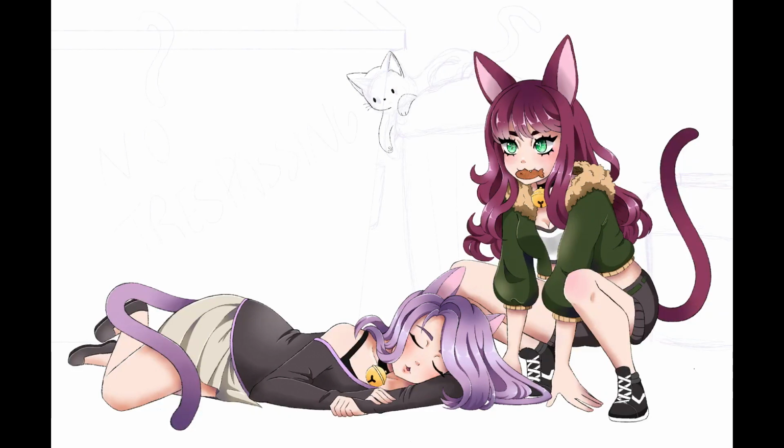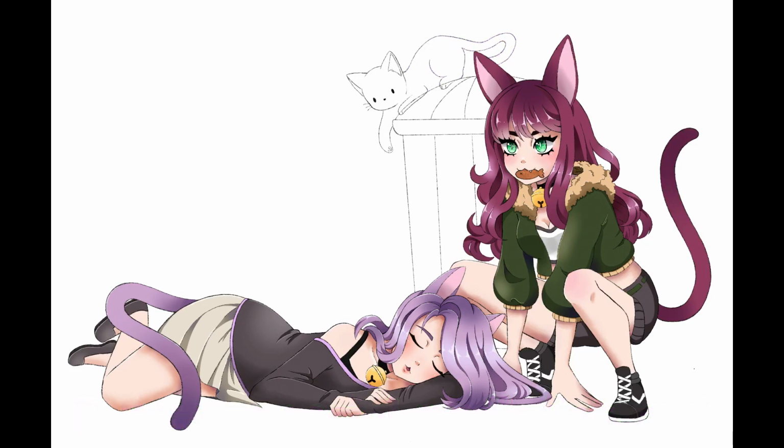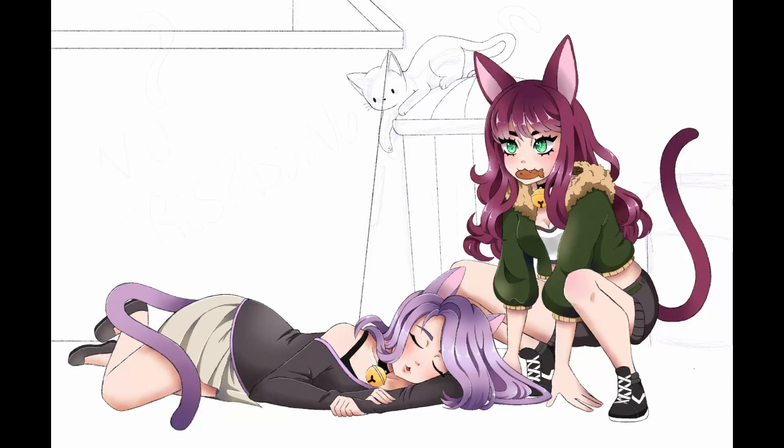So tip number 4, start with color/color palette. And then my last tip, number 5, is to just browse online, browse social media. This, along with listening to music, is one of my go-tos when I'm very blocked and have no clue what to draw. Because just browsing the internet for inspiration can be very helpful, because, you know, say I open up